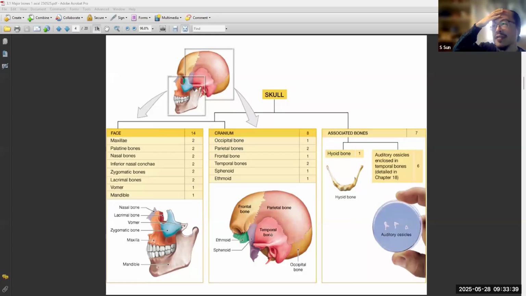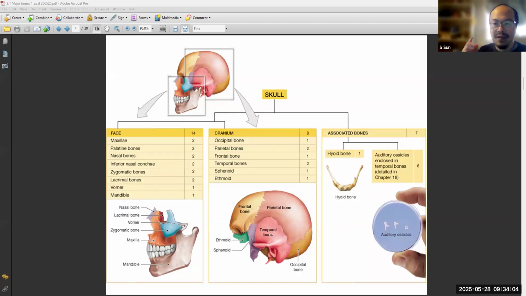Frontal, occipital, parietal, temporal. So those are the major ones. We also have some smaller ones, the sphenoid, and also ethmoid. So you can see that these bones,